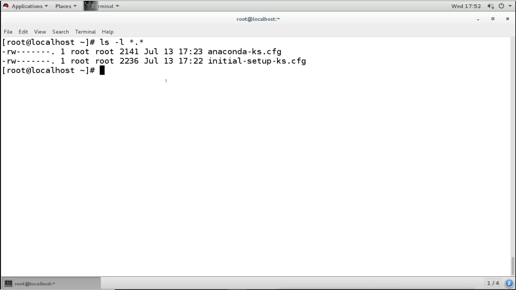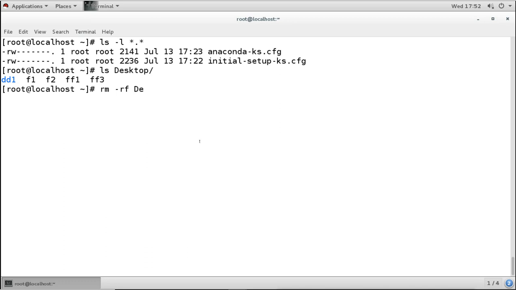We can use this wildcard character with any command, for example copy or move. For example, on the desktop we have these files here. Now I want to remove everything from the desktop. So I will use rm with -r and -f both, because maybe directories are also there and I don't want to be asked questions.